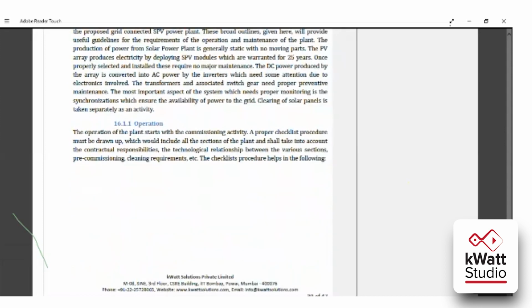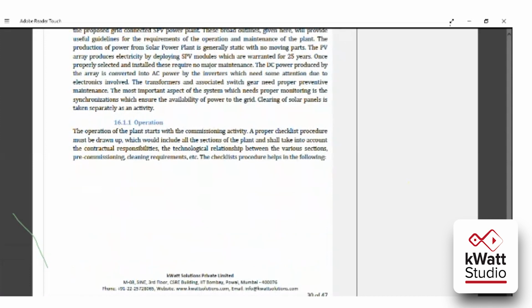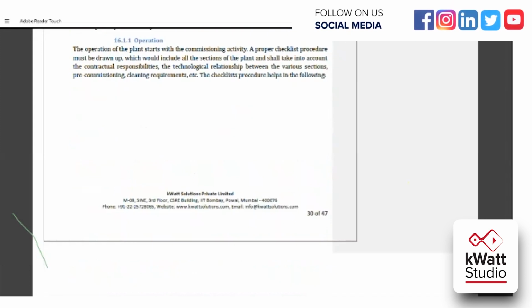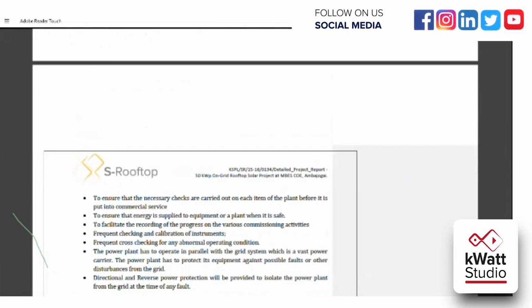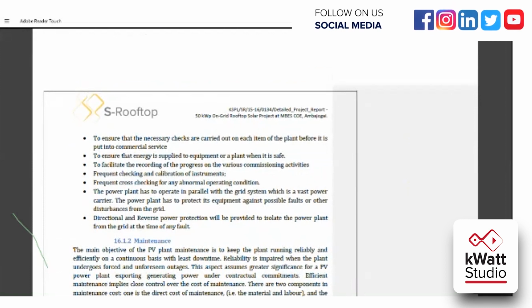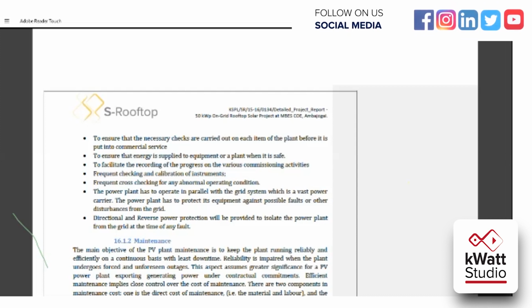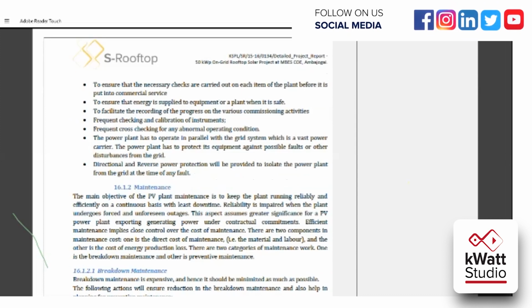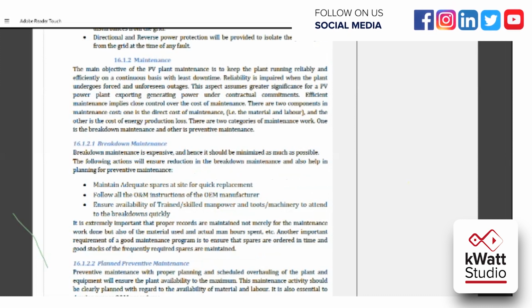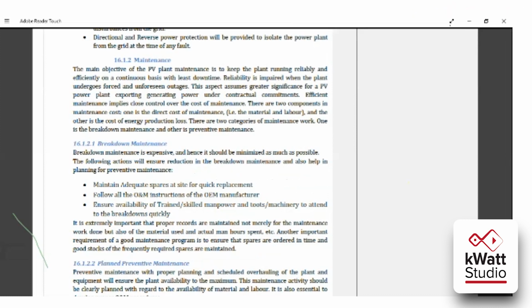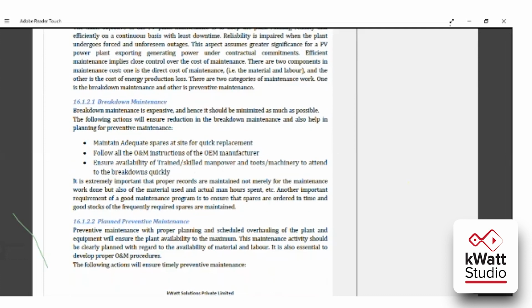Then for operation and maintenance, you have to keep some basic details so that the customer can also understand how to operate and maintain their solar power plant, like the cleaning of the solar power plant. You have to clean your solar modules once a week or once a month, and you have to add some graphs of power generation versus maintenance. That is, if you clean your modules weekly, what will be the change in generation, and if you clean your modules monthly, what will be the change in your generation.